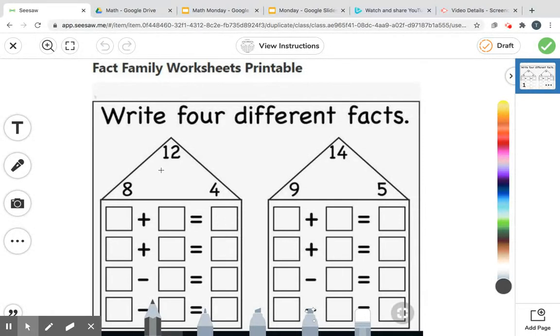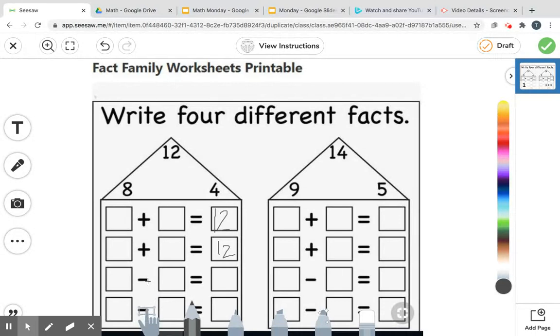Here and here. What's our biggest number? Is it 8, 4, or 12? Yeah, it's 12. So we know when we add, 12 will go here and here, here and here. Like so. And my 12s look kind of wonky. Okay. Now we're going to forget about that for a minute and we're going to come down to our 2